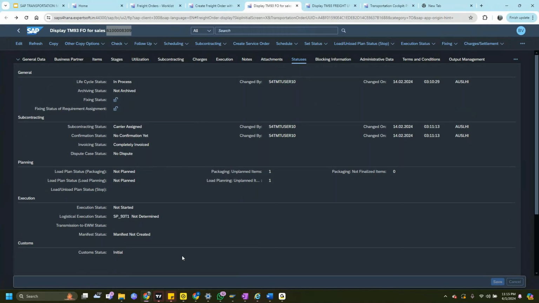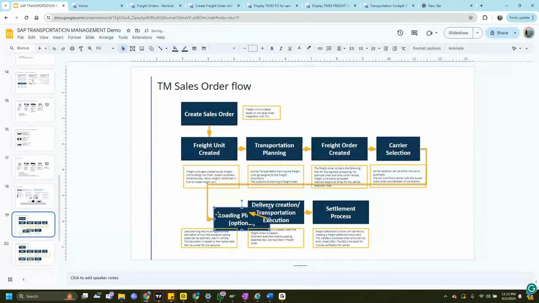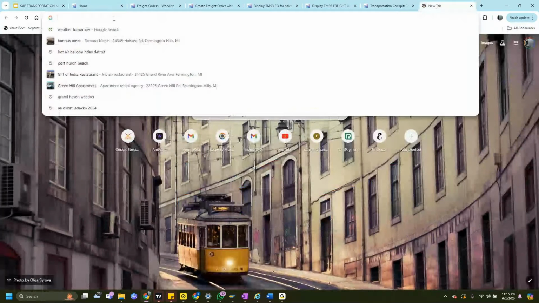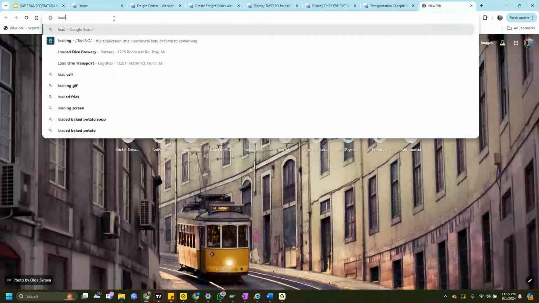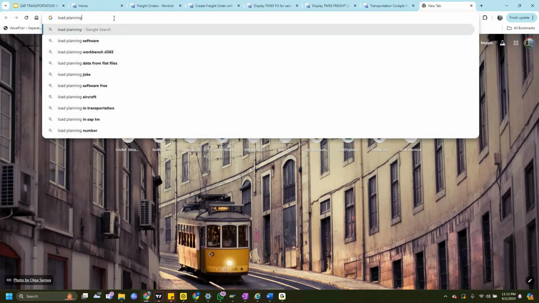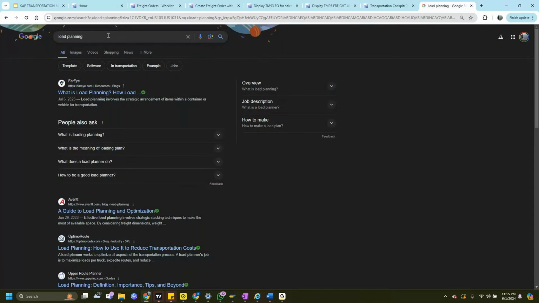Then comes load planning, which is optional. Most businesses won't use load planning. It is something I can show you. We can work on this one, but it is not an important thing in TM, but I can guide you through exactly how to set this up, and you can work on the demo system.